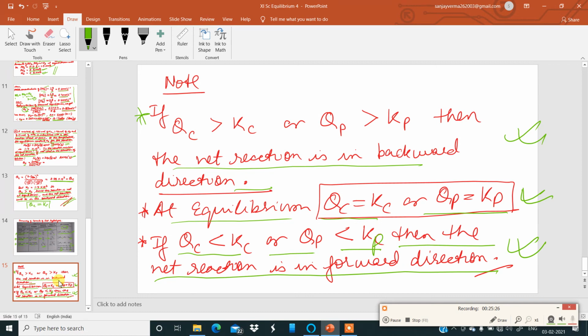Ostwald's dilution law briefly, the concept of acids and bases, Arrhenius concept, Bronsted-Lowry concept or protonic concept, and the concept of conjugate pairs of acids and conjugate bases. Then the limitations of all these, the Lewis concept or the electronic concept. I'll discuss a little bit about the ionic product of water, then pH indicators, then a little bit about acid-base titration.